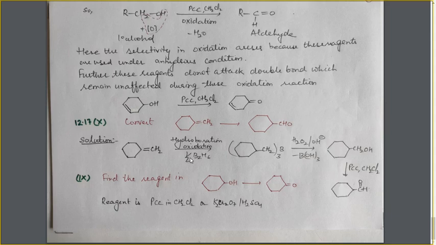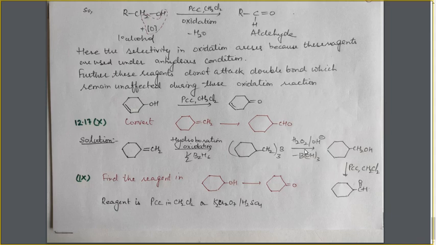But hydroboration oxidation is that method of hydration of alkene in which the addition takes place according to the anti-Markovnikov rule. You see, in the first step, this product is obtained. In this product, BH3 is added on this double bond. How? The boron is attached to this carbon atom and the hydrogen atom goes to this carbon atom. So in the very first step, the addition of hydrogen takes place to this carbon atom. That's why the addition takes place according to the anti-Markovnikov rule.